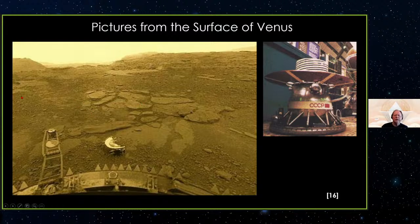And so here we look at the surface of Venus. It looks kind of green, and these photos haven't been retouched. So this is what it looks like with an actual video from Venus. Also, these were in the 80s, so we don't really have a lot of new stuff from the surface of Venus. One of the interesting things is you see some kind of shiny object here, and the thing is that